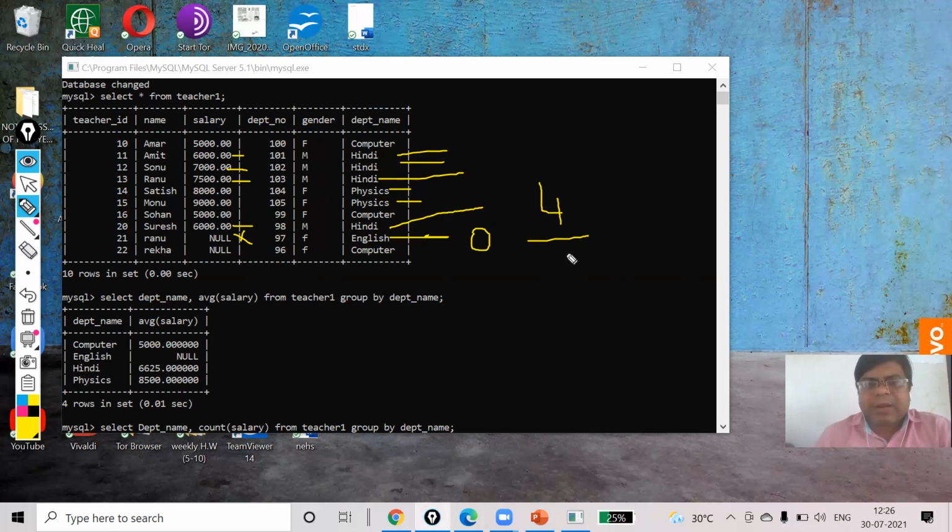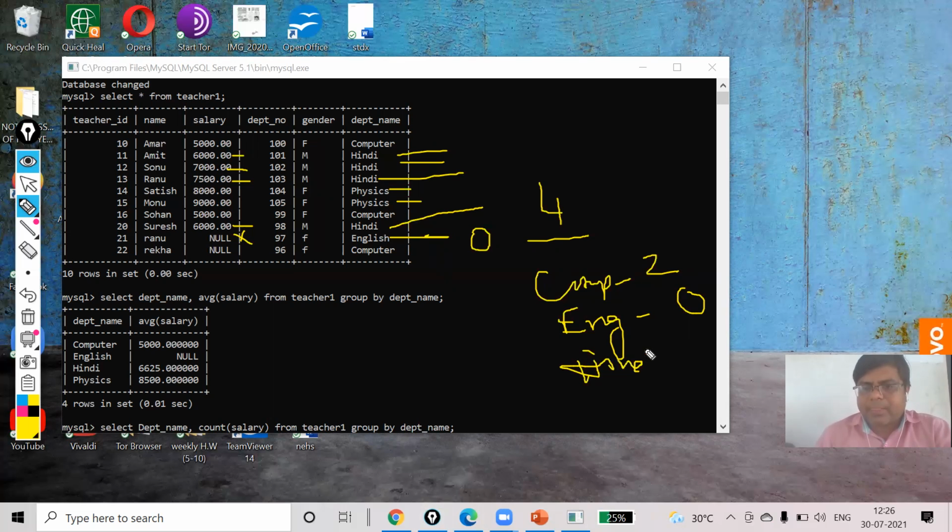So here I am writing, my dear: computer will be 2, English will be 0 because null is there, Hindi will be 4, and the last one, physics, will be 2. Whether it will be shown or not, see. So I'm going to hit the enter key.